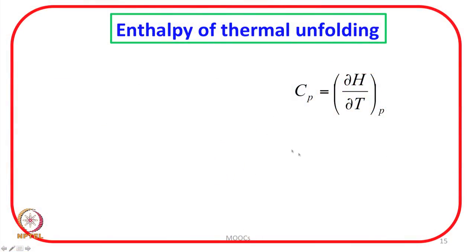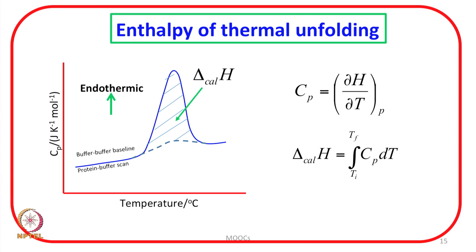So, let us look at the definition of Cp, which is dH by dT at constant pressure, which I can rearrange and write that delta H is equal to the integration from Ti to Tf of Cp dT. This also we have discussed many times, and I will tell you why I am putting Cal as subscript over here. What we have is we get this kind of curve, this is the transition curve,